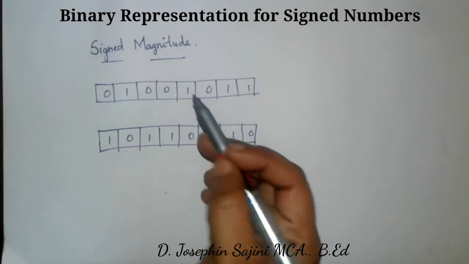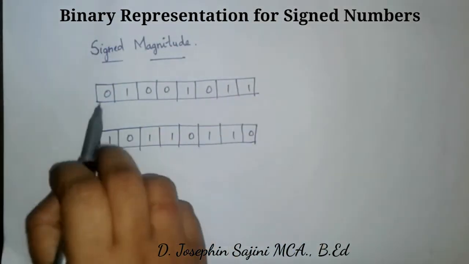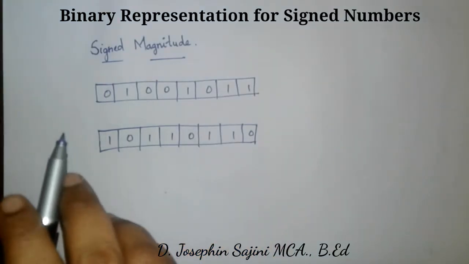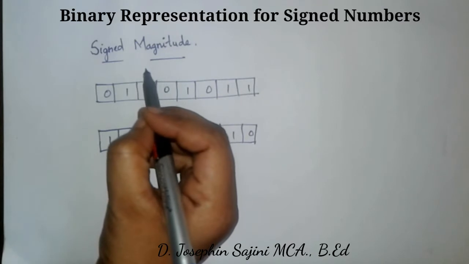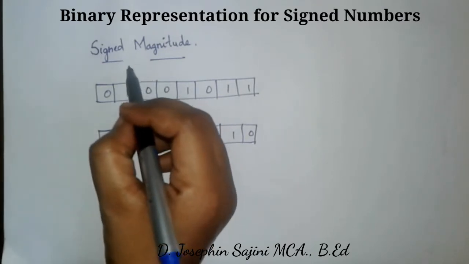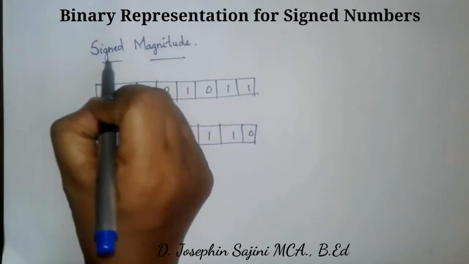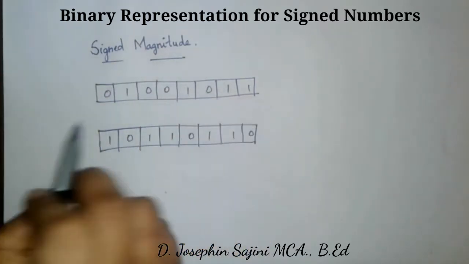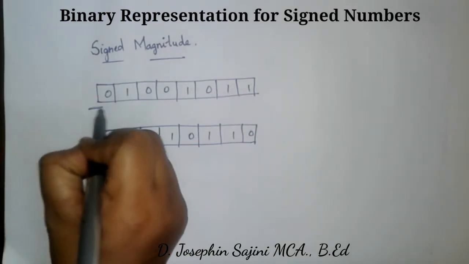Let's see about the binary representation for signed numbers. Computers can handle both positive and negative numbers. The simplest method to represent a negative binary number is called signed magnitude. In the signed magnitude method, the leftmost bit, that is the most significant bit,